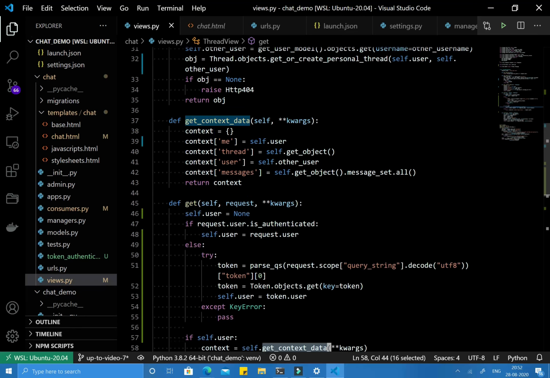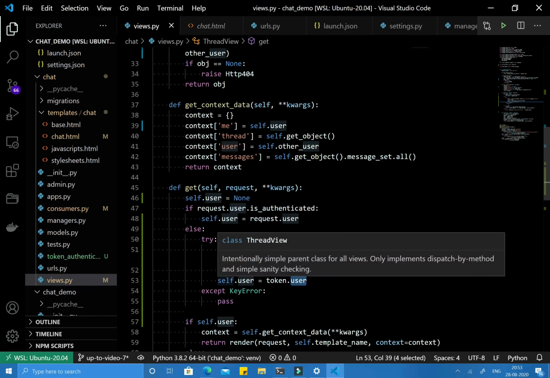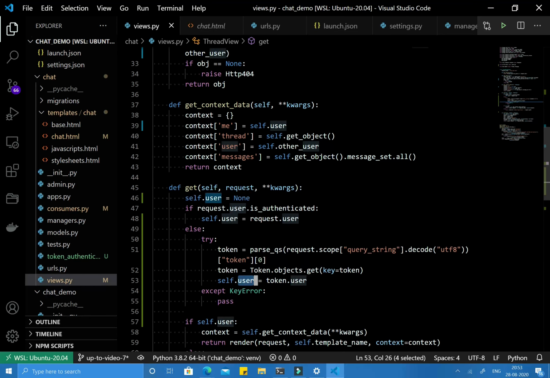We were using self.request.user till now, but if the user is not logged in through session, that means request.user is not available. So in that case, I just need to get the token from the GET parameters, check it, get the token object, and from the token object I will get the user. So I am assigning it to self.user, which can be used further.